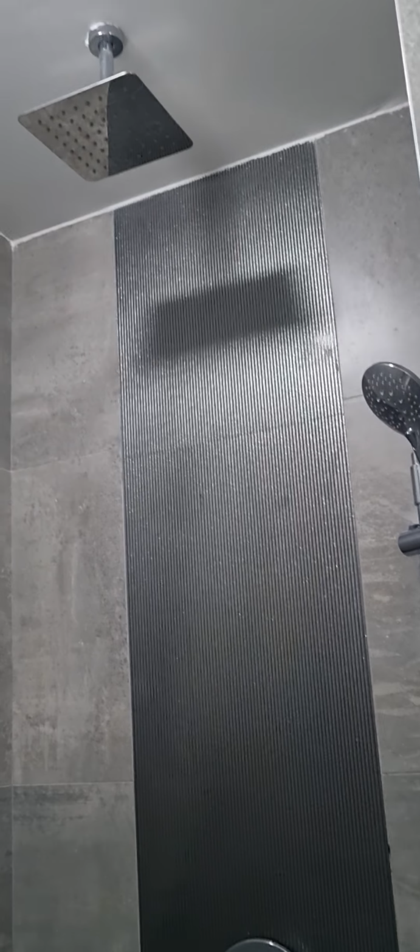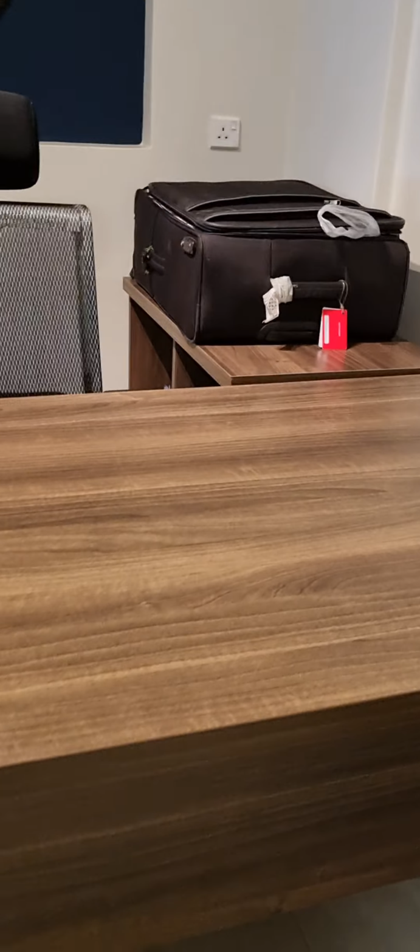It's a huge shower unit and a shower head in there. The shampoo and shower gel, they're all very nice as well. And they have a really nice big table, and the chairs are absolutely lovely. Very comfortable chairs. And these doors are interconnecting